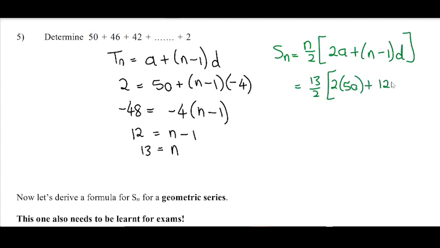So it's going to be n minus 1 will be 12, and d is minus 4. Again, we can go to our calculator, put all of that in, and we get 338 as our answer. That is finding sums of arithmetic sequences. What we're going to do next is find the formula for the sum of terms of a